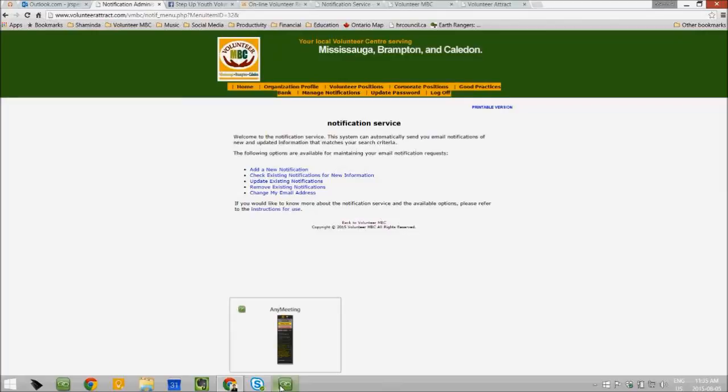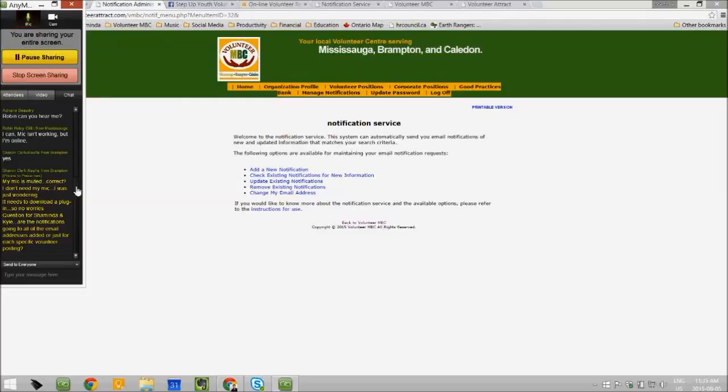Okay, so the demonstration is completed at this point, showing you what features we have and how those features are useful towards your day-to-day operations. And I open the floor to anyone who wants to discuss, make suggestions, or even share your challenges in working with our online volunteer referral system, which is called Volunteer Attract. I have unmuted all of your mics so you could even talk to us online.